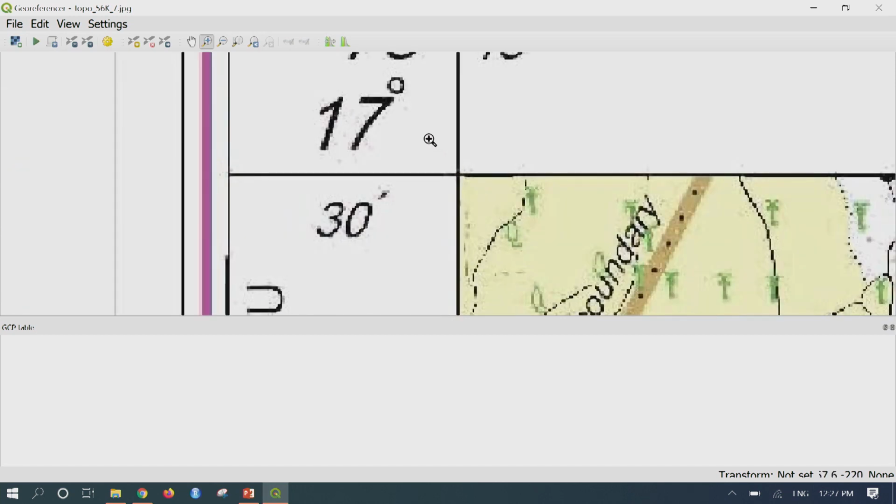You have to zoom in to such an extent that you can see these two intersections clearly at pixel levels. So what I am doing here is zooming in to such an extent wherein I can see the intersection of latitude and longitude in terms of pixels. So here is the center point for this particular top left point. So what I will do here is go to add point and click on this. Now you will get a crosshair, and just drag the crosshair exactly to the center of the two intersections